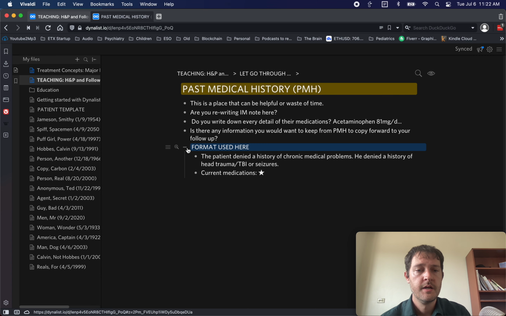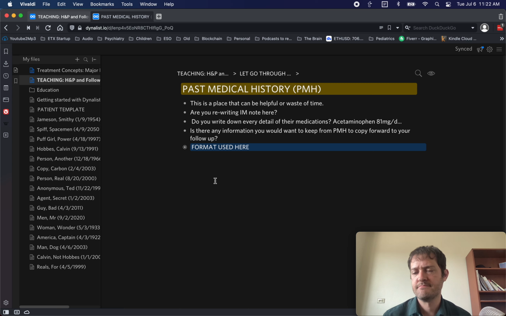That's enough of that. So this is a part that new residents are going to struggle with because they end up writing a note inside of a note. They're like, well, I read all the medical doctors' primary team stuff, and then they're trying to crush all that into their own note. Really, you just want to know the main issues that they have. They have diabetes, hypertension, hyperlipidemia, whatever, and really acutely relevant information. They had a CVA in 2018. They're on warfarin, or whatever,